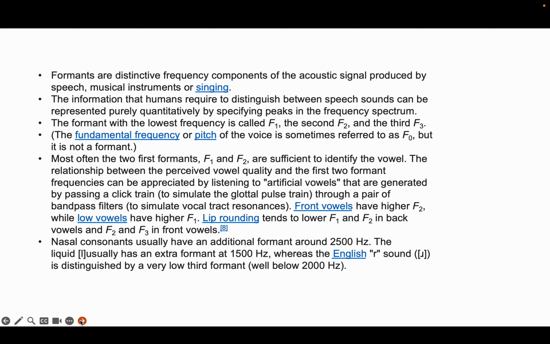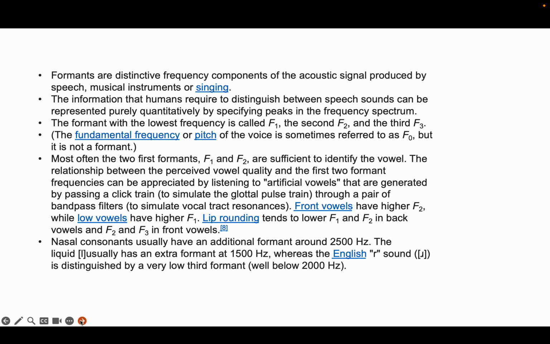So formants are basically distinctive frequency components of the acoustic signal that is produced by speech or song or musical instruments. The information humans require to distinguish between speech sounds can be represented purely quantitatively by specifying peaks in the frequency spectrum. So the formant with the lowest frequency is F1, the second is F2, the third is F3, and so on. The fundamental frequency or the pitch of the voice is sometimes referred to as F sub 0, but it is not considered a formant because in itself, while it provides energy to make the sound, the sound is actually made